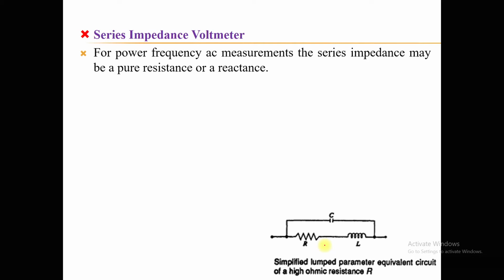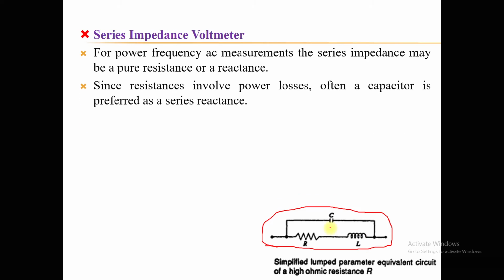Now if you look closely at the resistive element, it is made up of a wire wound kind of element. As we are considering wire wound, we need to consider the inductance as well as the capacitance. So this will be the simple equivalent circuit of that resistance, which is intended to measure high voltage AC at power frequency. We need to consider its equivalent circuit, which needs the representation of the inductance as well as the capacitance.